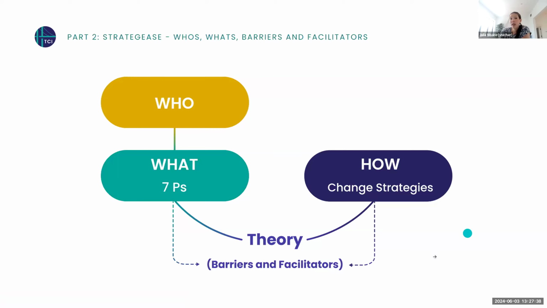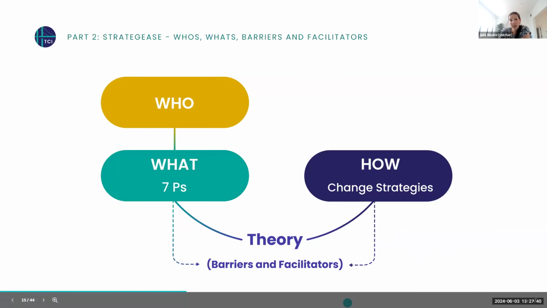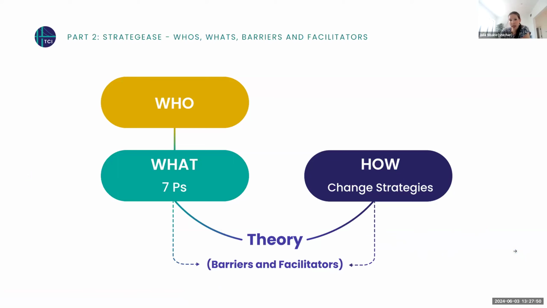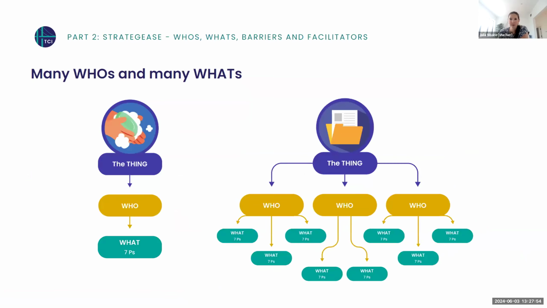And so we are going to unpack some of these barriers and facilitators. But in order to know what the barriers and facilitators are, we really, really need to define who's being asked to change and what they are being asked to do differently. And a small note about those who's and whats. Maybe some of you are unbelievably lucky and fortunate, and you have a very simple thing. Hand washing is one of those examples, I think, where you have a small number of who's and one simple what. And if you do, I'm so happy for you.